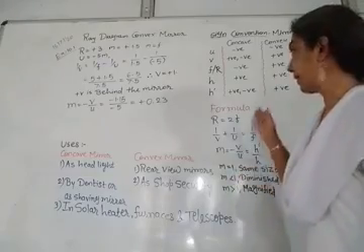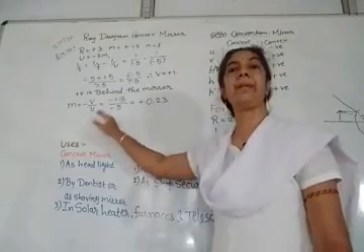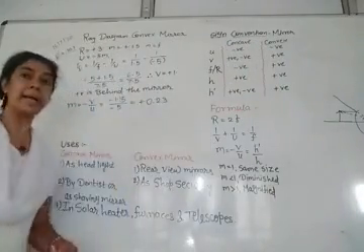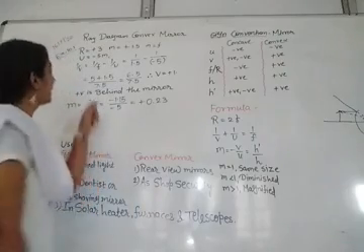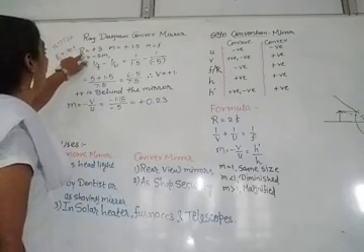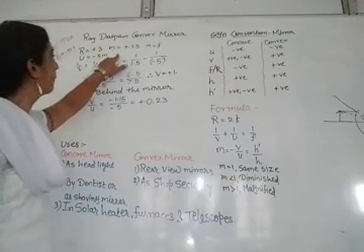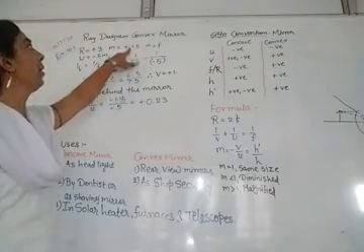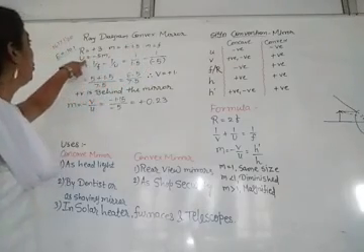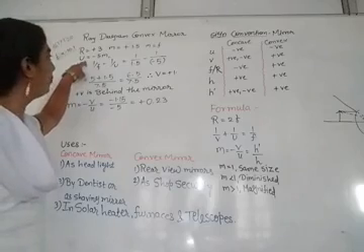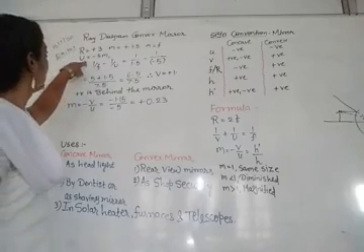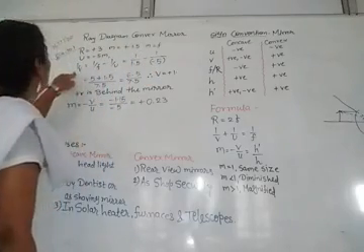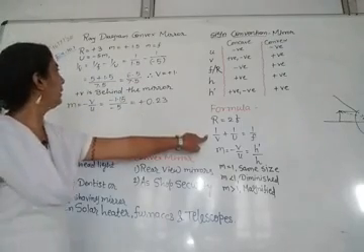Now let us understand all this with the help of a numerical, and we will draw the ray diagram also for this. In our textbook, example 10.1 is given to us, in which the data is given R equals plus 3 meter. That means the focal length is half of this, that will be 1.5 meter. The object is kept 5 meter away, so for that data we can write u equals minus 5 meter.